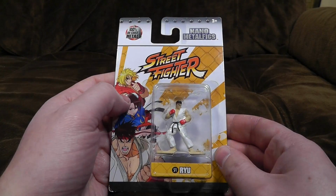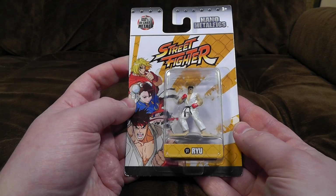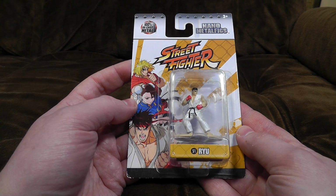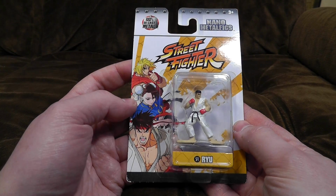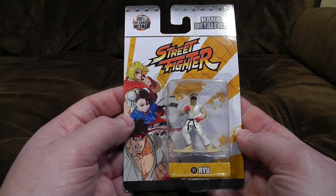But did you know they also did Street Fighter figures from the video games like... In fact, he is one now. It's good old Ryu. Or Ryu, as we called him when we were growing up, because we'd only ever seen it written. It surprised me that these exist, in the sense that it's nowhere near as big as Harry Potter or whatever, but I'm glad they do,